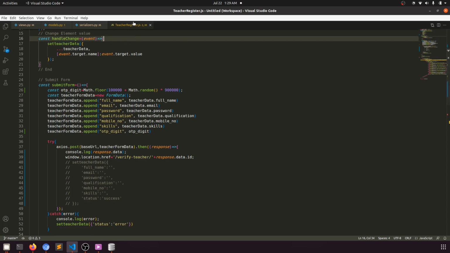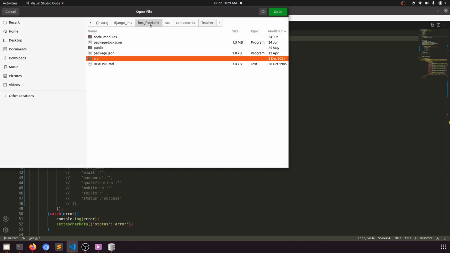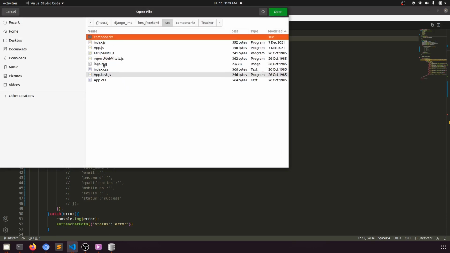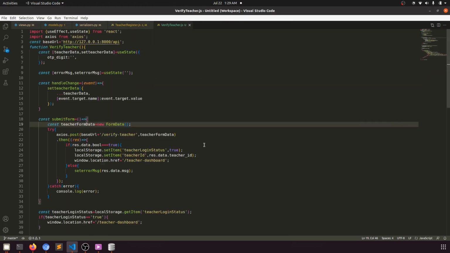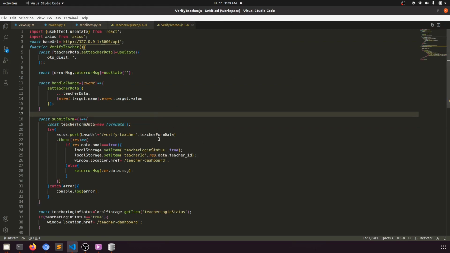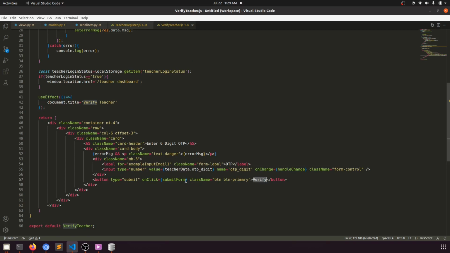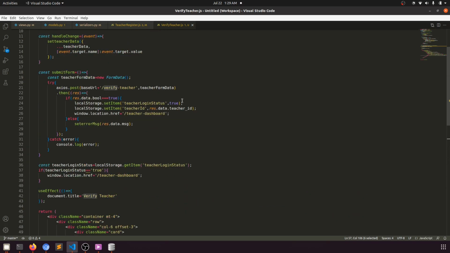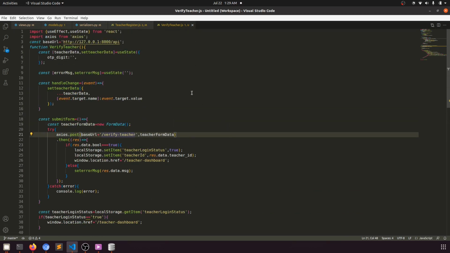Okay, so let's open the OTP verification. Source, component, teacher, verify teacher, right? So what we will do here: when we click on verify, the OTP digit will go here to verify teacher, and then we will send this parameter, right? So our parameter is